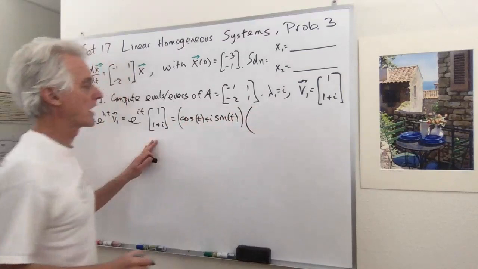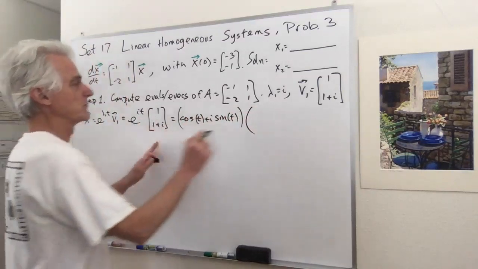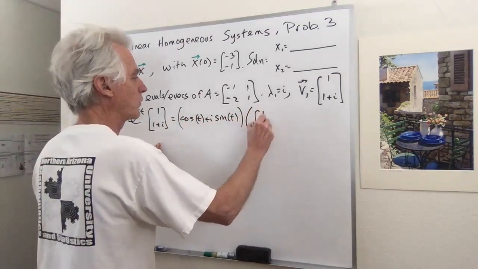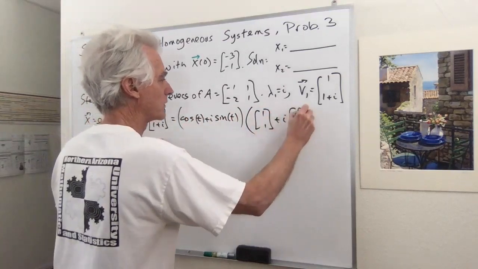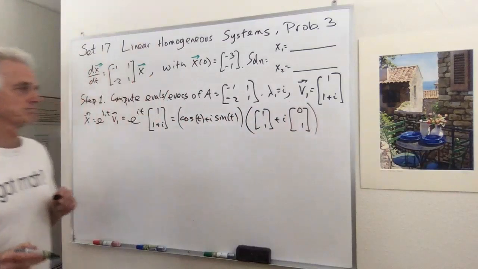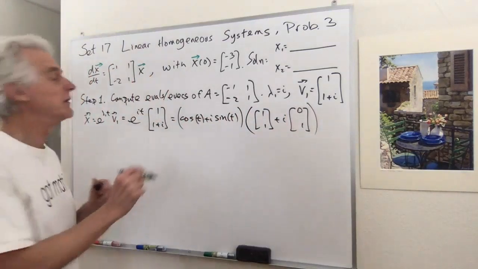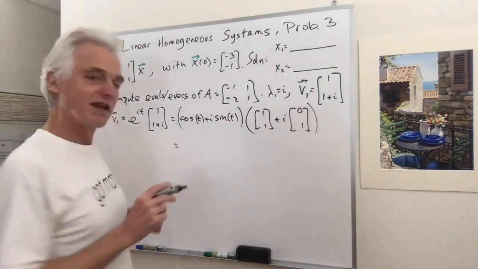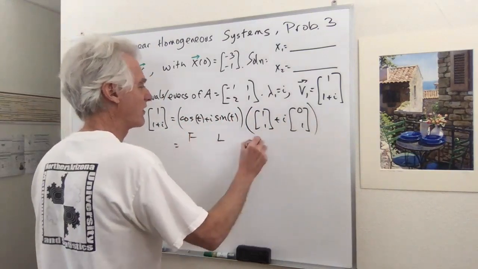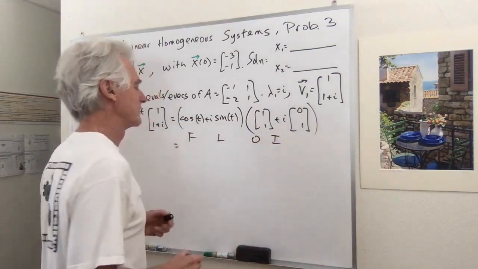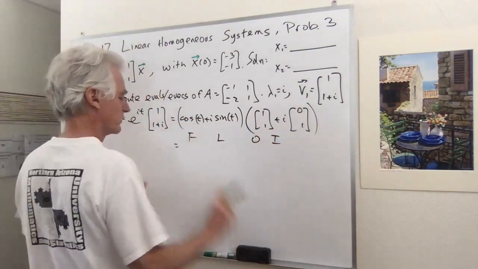times, we'll write this out too in terms of the real and imaginary part. I get (1, 1) plus i (0, 1). Right? Okay. So I'm going to, instead of foiling it, I'm going to FLOI it. F, L, O, I. The first term